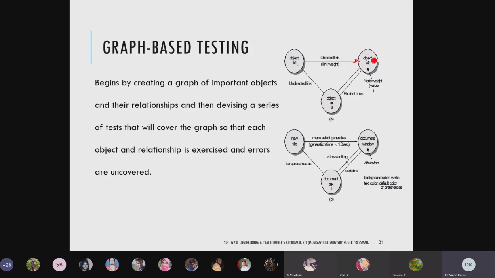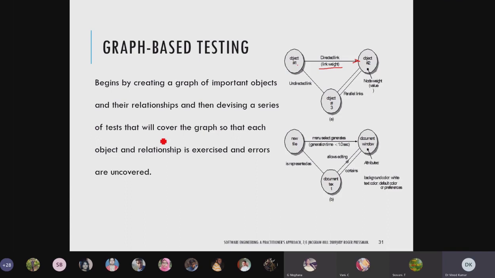From one object to another object there is a directed link, and it corresponds to some link weight. Here you can clearly see there is no arrowhead, so this is called the undirected line. And here you can see parallel lines and some weight value. Like this we create the graph and perform graph based testing.